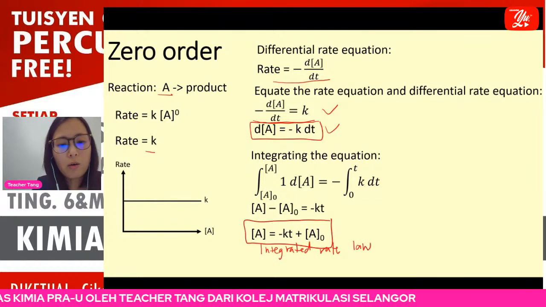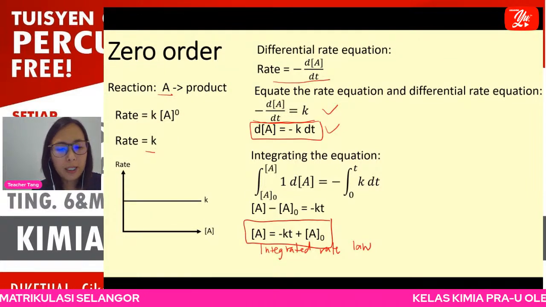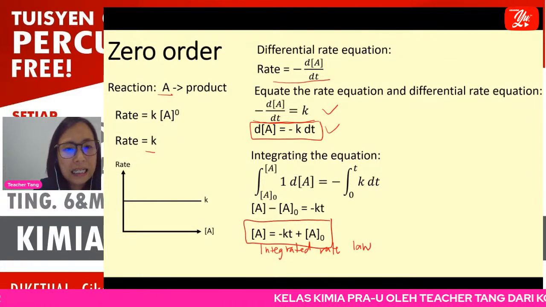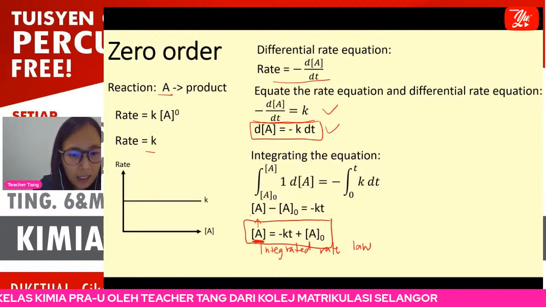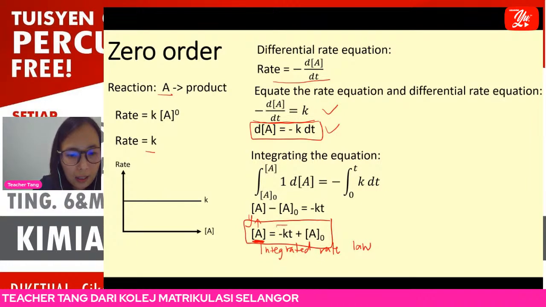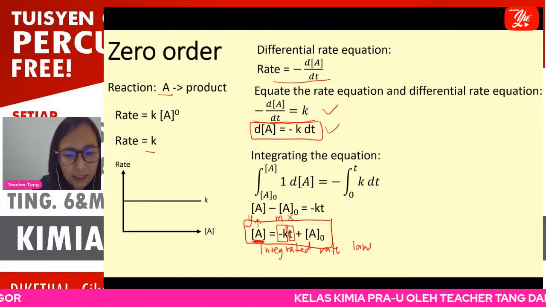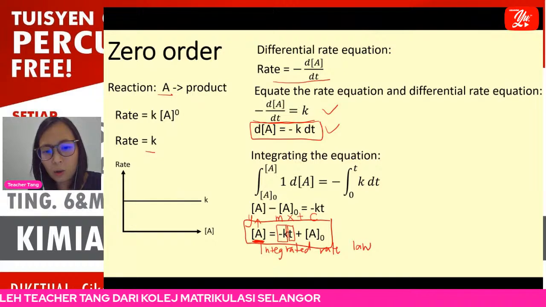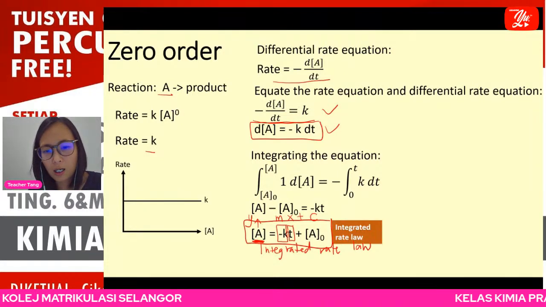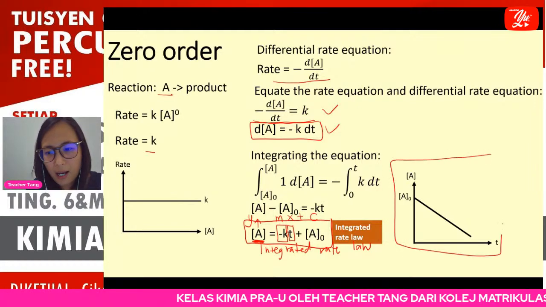For this integrated rate law equation, I recommend you remember it in this form, because this form is basically a linear equation form. The remaining concentration of A is the y, the negative rate constant is the gradient, t is the x, and the initial concentration of the reactant is the y-intercept. From this, we know that for zero order, the linear graph will be in this form,